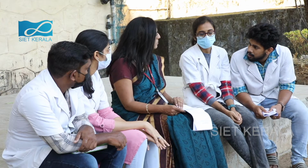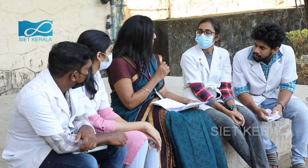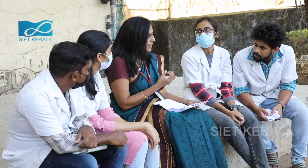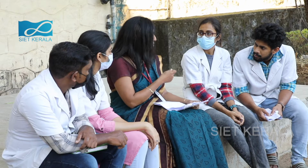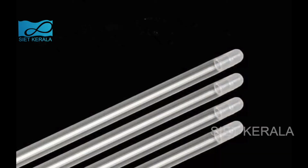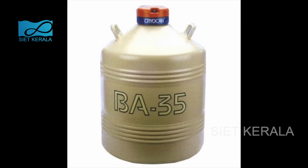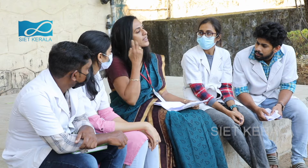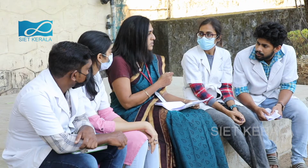Ma'am, what are the equipments used for artificial insemination? That's a good question. The technology involves some four to five instruments. The first one is the AI sheath, then the AI gun, then the semen straw, which will be loaded in the cryo can, preserved in liquid nitrogen, and there will be forceps,